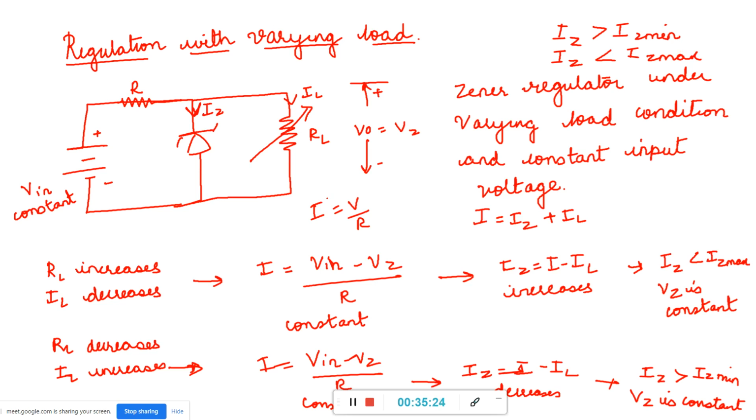Okay, so these are the two conditions. Either load resistor may increase or may decrease. So it affects the current. In turn, it affects the Iz. Because IL is constant, so Iz increases or decreases accordingly. According as RL increases or decreases, we get a constant voltage Vz at the output side. Okay, so next,